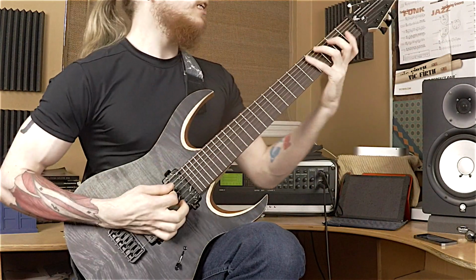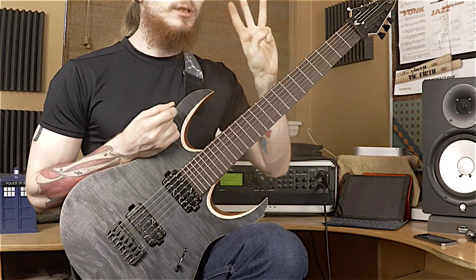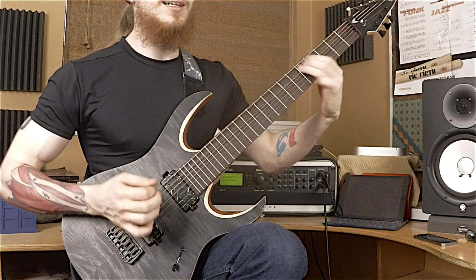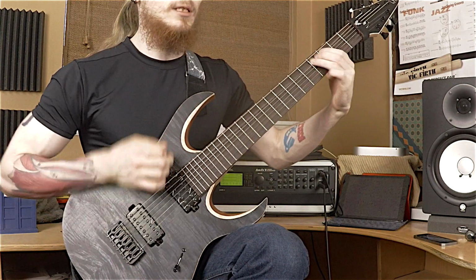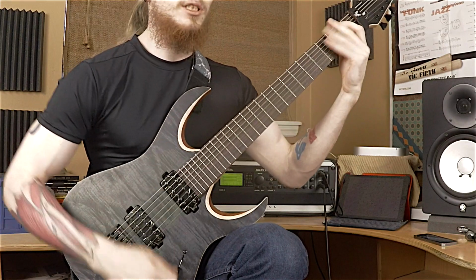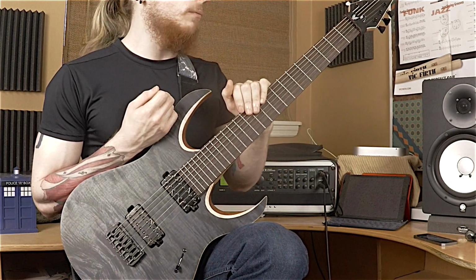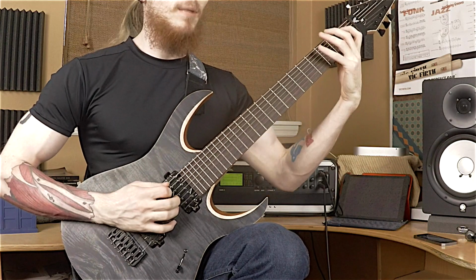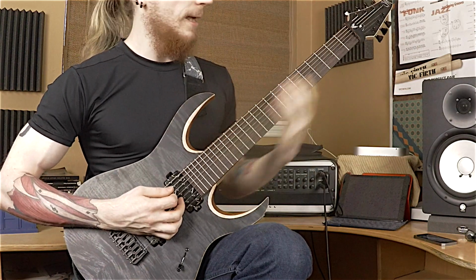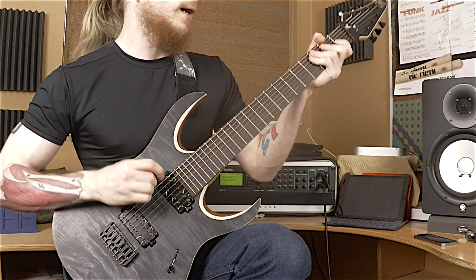Okay, so the notes that I'm highlighting in those little runs that I'm doing, the first 3 times are the octave, the raised 7th, since we're kind of giving it a harmonic minor feel, and then this minor 6. It's very much emphasizing half steps and minor 3rd movement, giving it that heavy, dark kind of feel because of that. Then on the 4th time around, it goes to this,